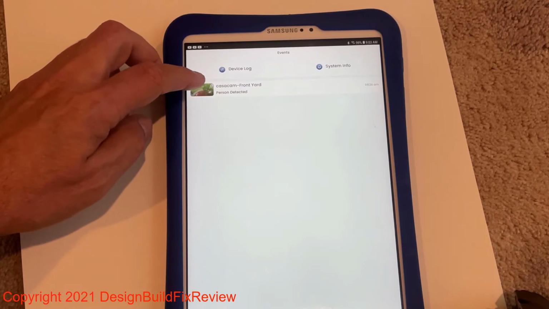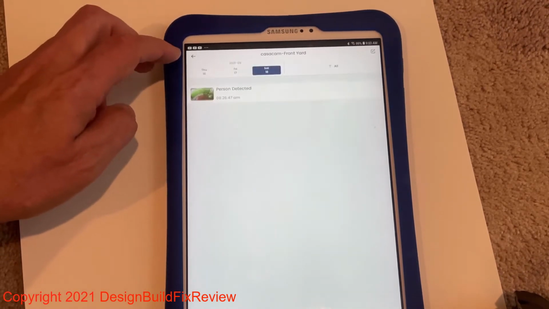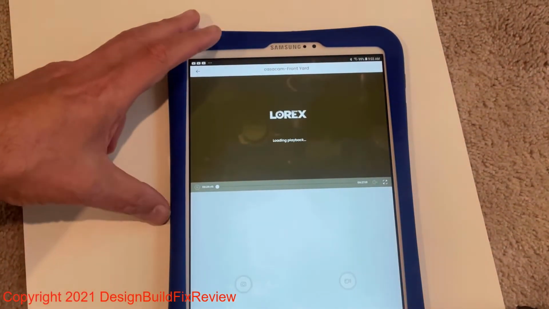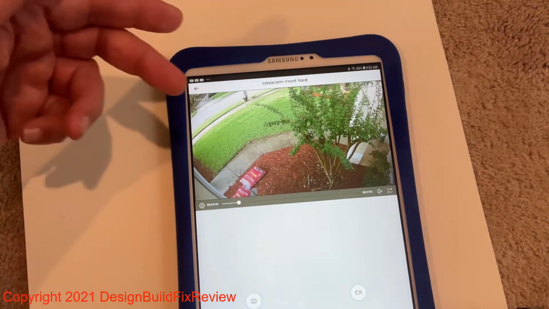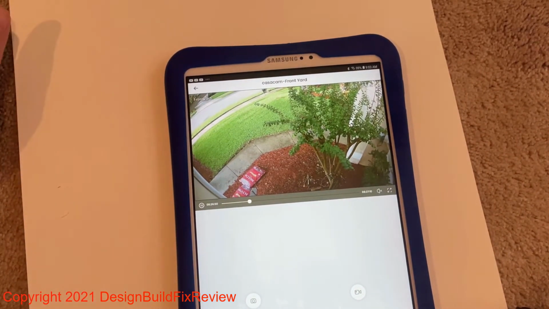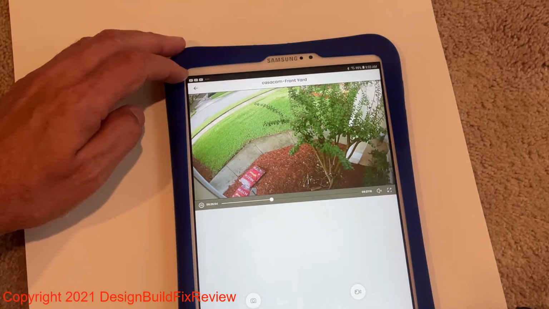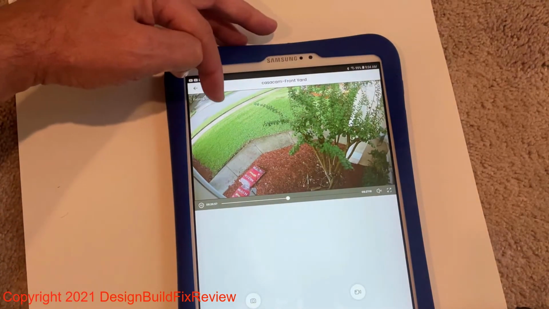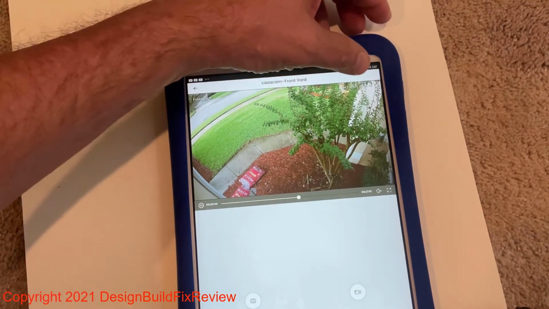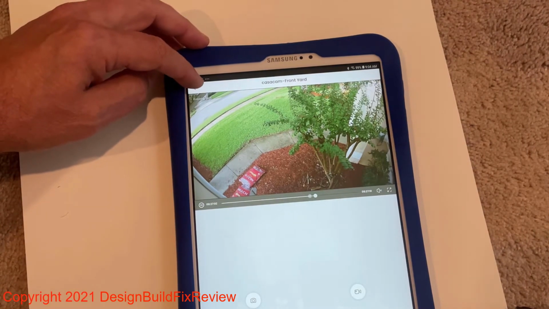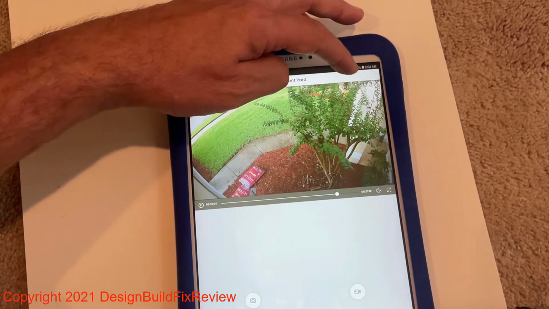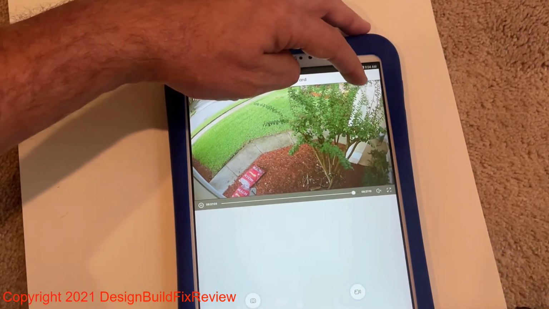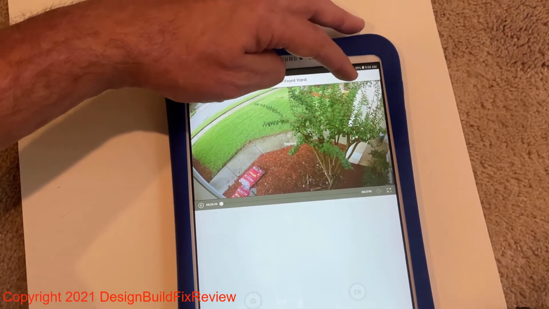So we had an event at 8 o'clock, 8:28 this morning, and you just click it, and this is all wireless. You can do this from like a hotel if you're not home, and you can see somebody walking by with their dog right there. And if you mark the time, like that was a motion detected, you could go to a different camera and actually play it, and you could see them at different angles too. I'm not going to do that here because I can barely see the time up there right now, but the time and date is on the right corner up here.